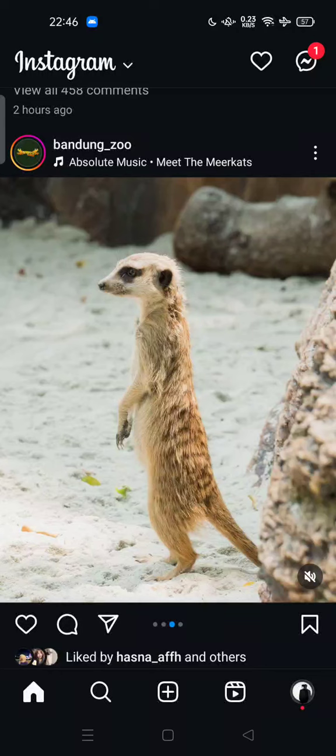Today I'm going to show you a new feature, how to add a dancing avatar on a music Instagram story. So this is the new feature, the latest update on Instagram. All you have to do now is create Instagram stories like before,